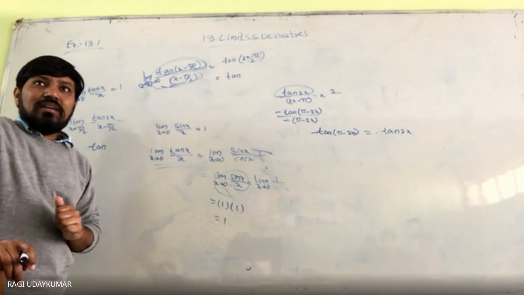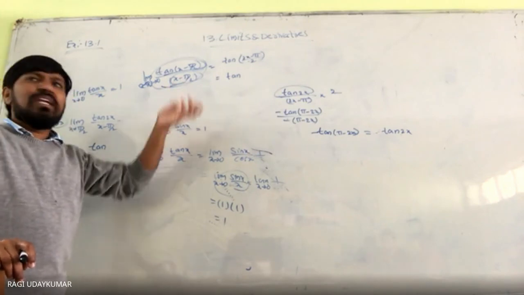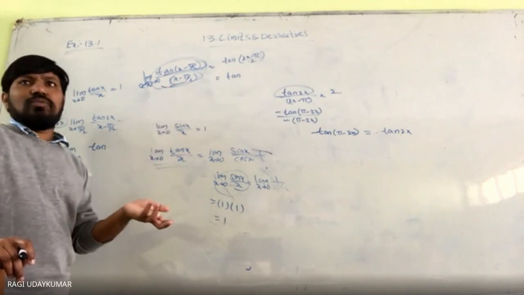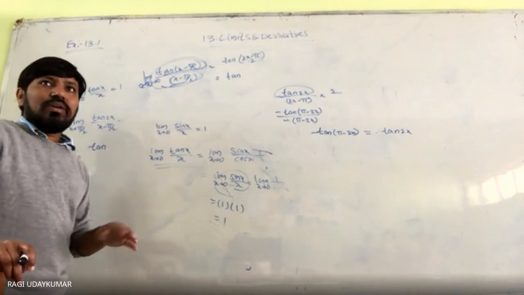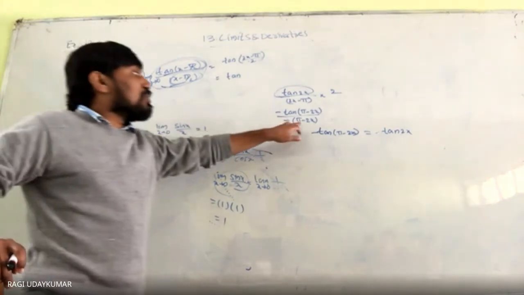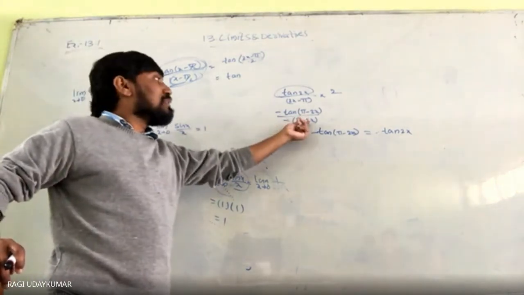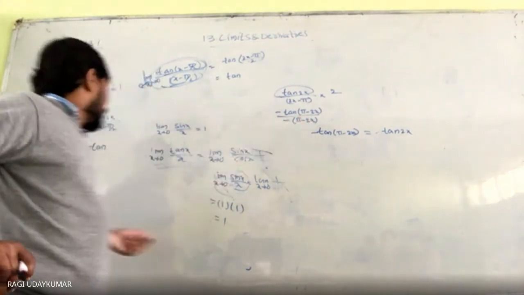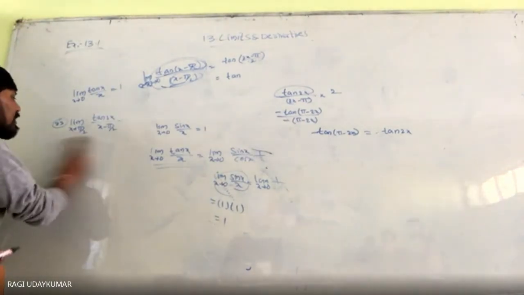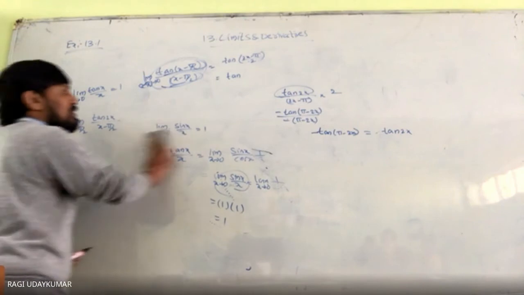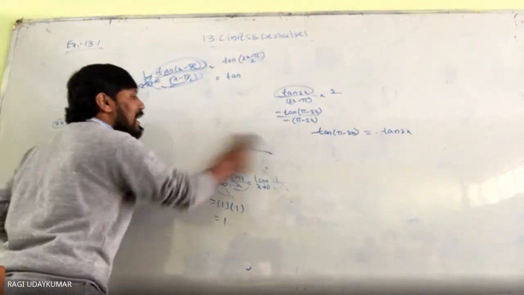Did you understand? Now you have to check like this. There are multiple ways. You may have another idea also. Apart from that, what I am saying to you, here it is possible for us to make this a pi minus 2x. So can you write that when x tends to pi by 2? So here this is a key idea for this problem.